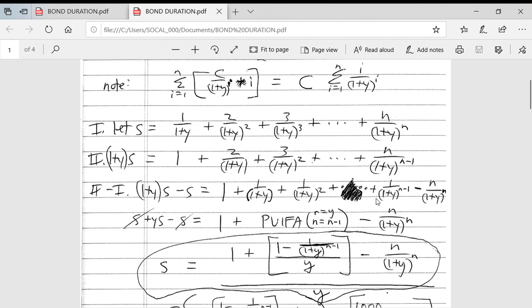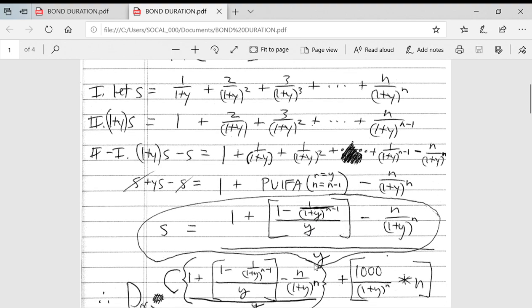And lo and behold, we stare at those and realize, hey, that's just a PVIFA, where the opportunity rate of return, R, is just called y, and n, the number of cash flows in the annuity, or terms in the interest factor, if you will, is equal to n minus 1. Well, okay, perfectly fine. Little unusual, but logical and correct. And therefore,